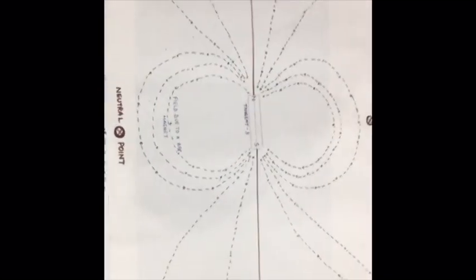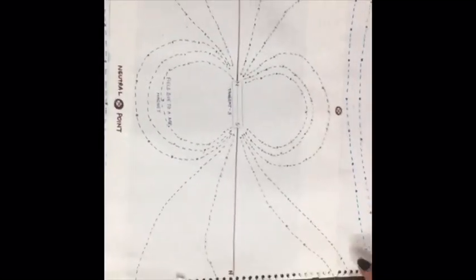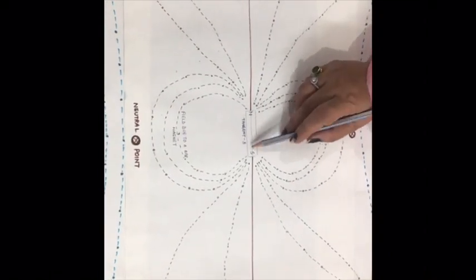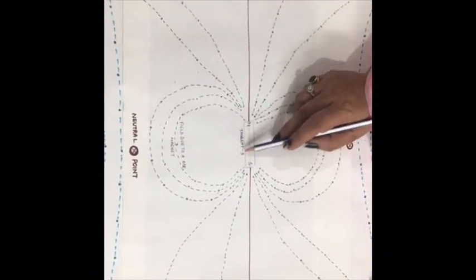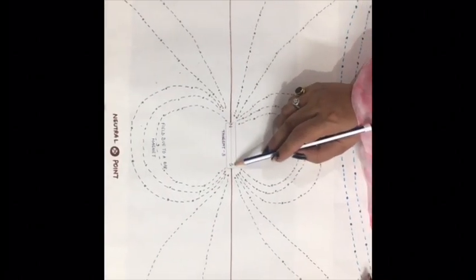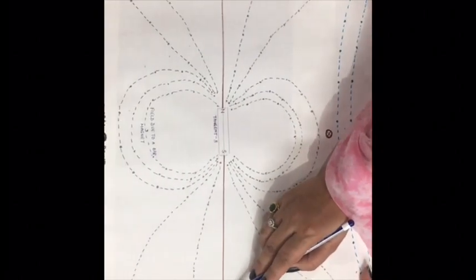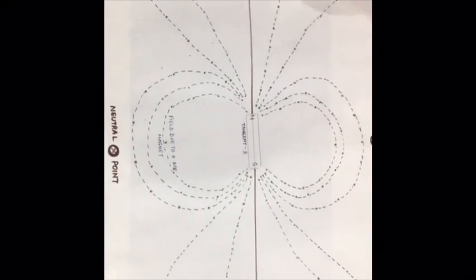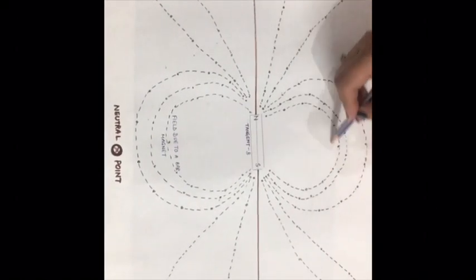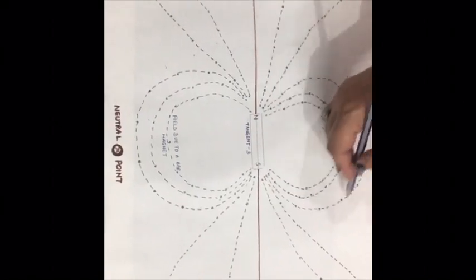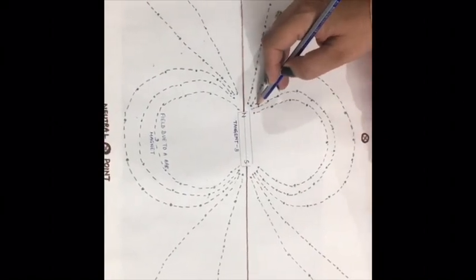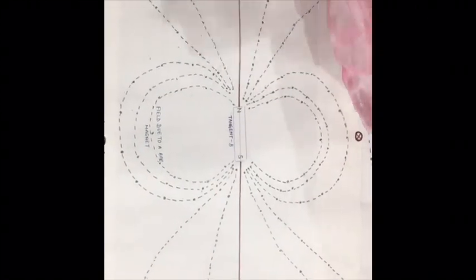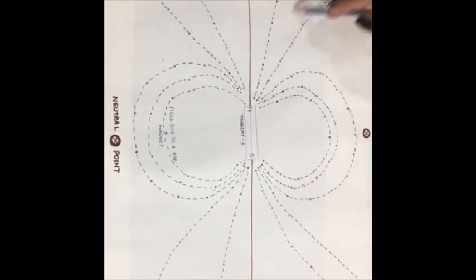This is the complete pattern when you will proceed in the same way. Here I have kept the magnet in tangent B position. Tangent B means south pole of magnet is pointing towards north of earth and north pole of magnet is pointing towards south pole of earth. So in between the same lines, the same shape of lines we are getting as I just showed with the help of a pen drive case, and outwards as we were just plotting.